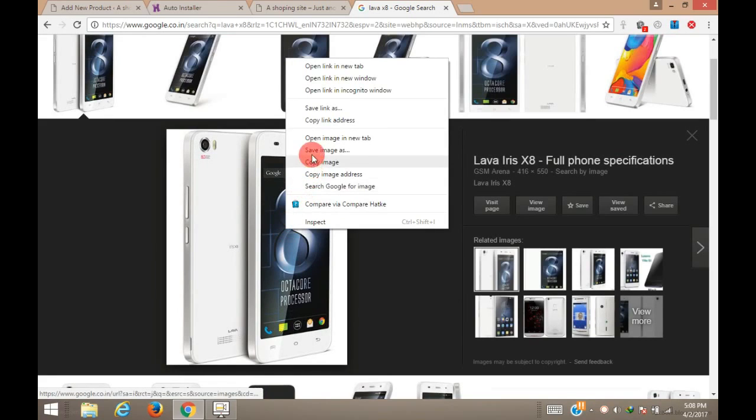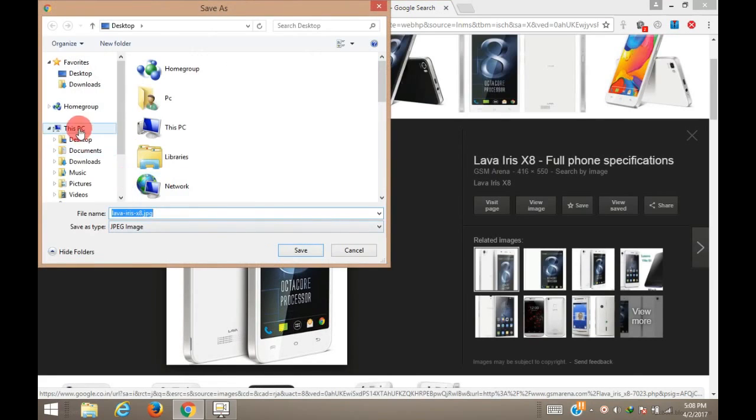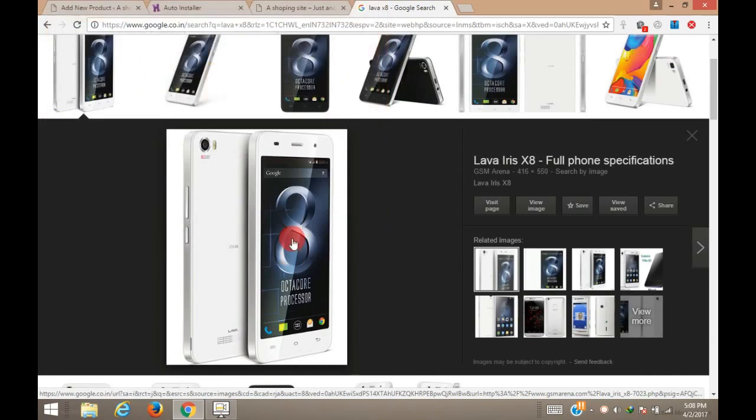So I am going to download it, save, and desktop, save.